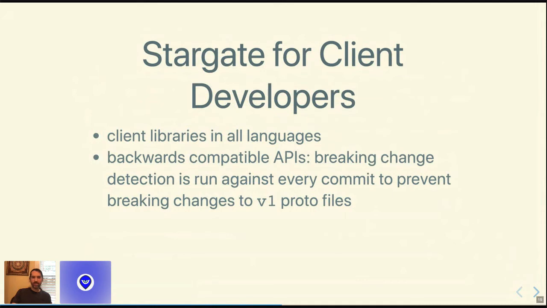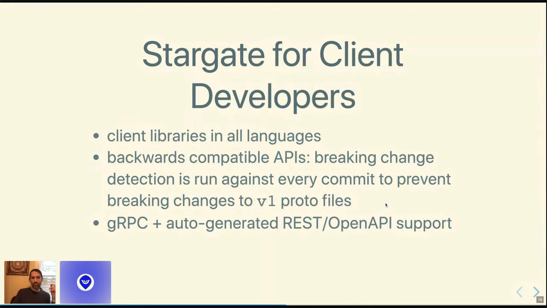What this means is that once we release a V1 for the bank module or the staking module, we will be able to upgrade that API and add new features, but clients will not break when we add new features. There'll be backwards compatibility. We're not quite there yet, but we released the modules in Stargate as V1 Beta 1 because we want to put this out into users' hands and make sure we have some of the core assumptions correct. But the goal is to get to V1 pretty quickly, and I'll talk about that in a bit.